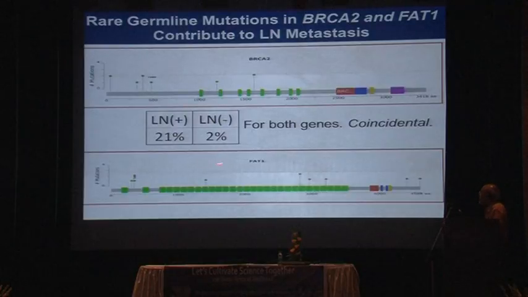And what we find is that in the lymph node positive, metastatic cases, 21% have these genes mutated, and in the lymph node negative cases where there is no metastasis, only 2%. So 2% is like the baseline, and over the baseline, there is about a 10-fold greater chance of metastasis if you had mutations in BRCA2 or